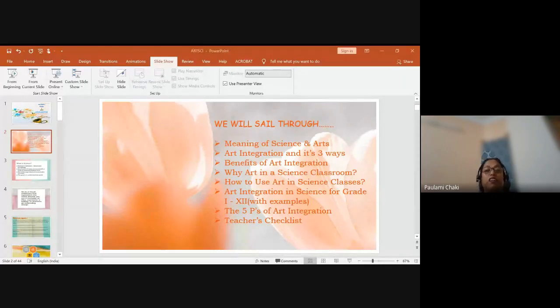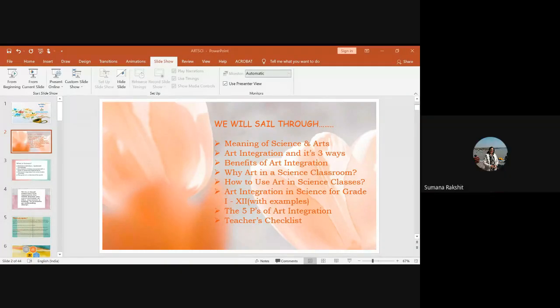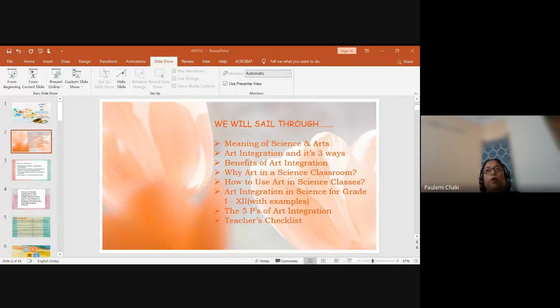Now there are 3 ways of introducing art into the curriculum. One is art as the curriculum, wherein art is specific in a timetable. There's a specific time period allotted for arts. Another is art enhanced curriculum, which focuses on arts as a way to explore a curricular concept. So in art enhanced curriculum, the teacher is not required to know about different forms of art. She or he doesn't require specific training in different art forms.